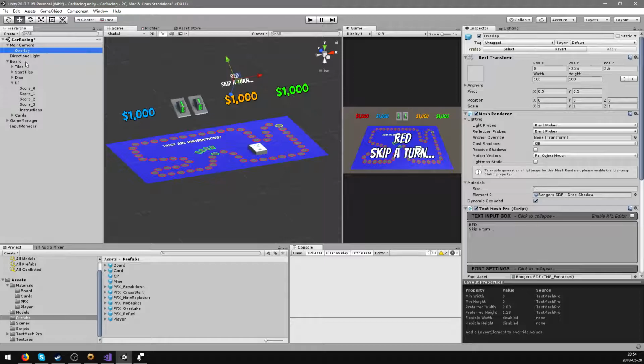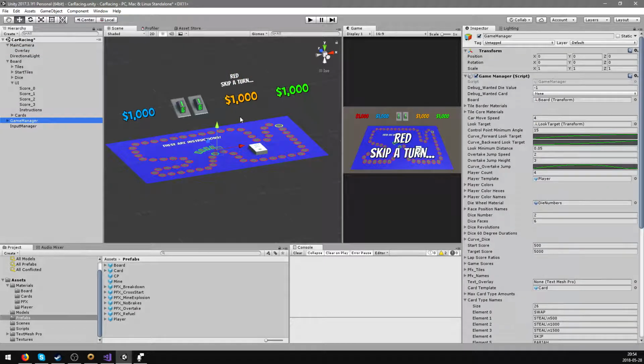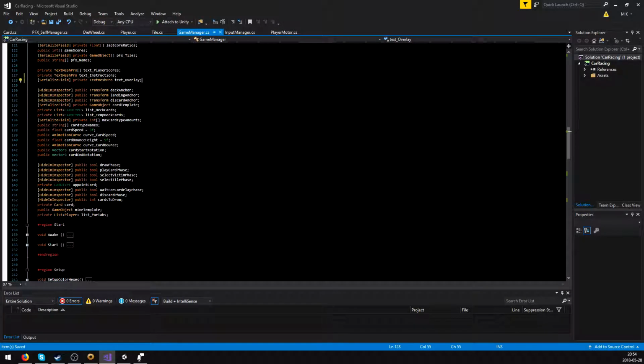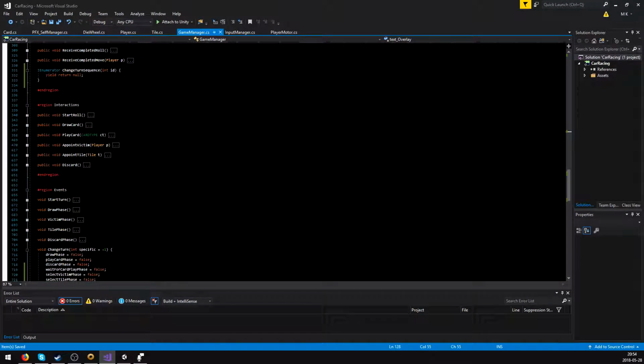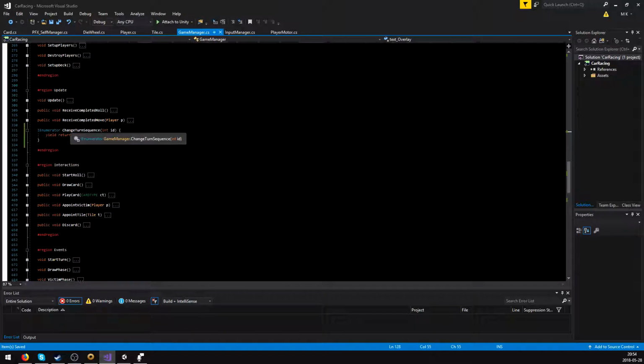Now our game manager, let's see if it correctly updated this time. We remembered to close Dropbox first. Well, I had to remind you. That's true. There it is, text overlay. So let's drag the overlay to it. And it's there. All right, now that we've got the overlay, whenever we change the turn, we're going to go